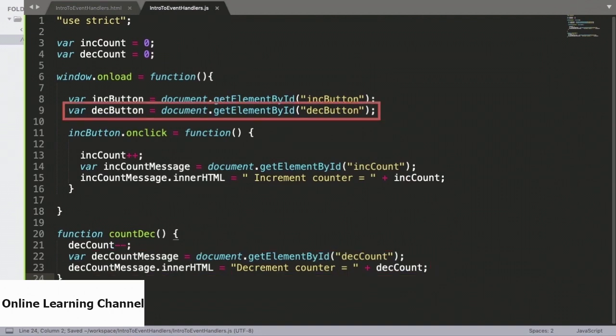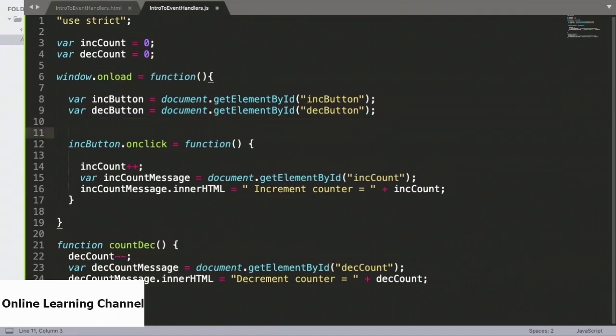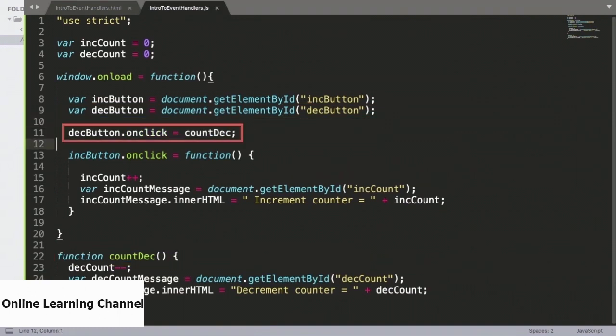So we now have the decrement button as well as the function which needs to be executed when someone clicks on it. However, we haven't quite linked the two together, which we will now do by setting its onClick property to this countDec function. So the onClick properties of any button elements are in fact event listeners and handlers. Let us go ahead and ensure that our